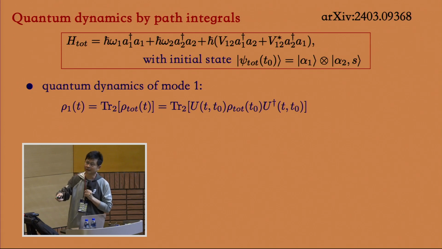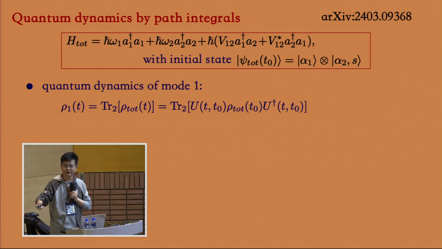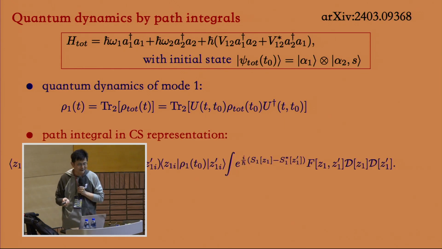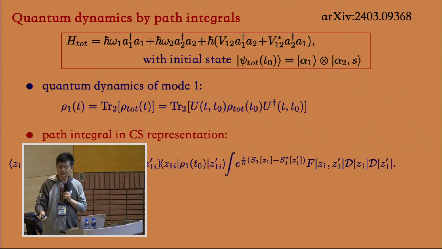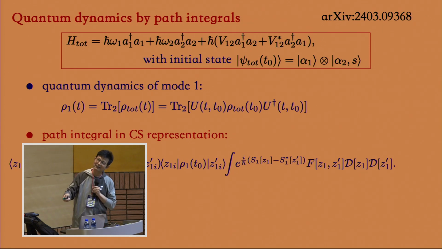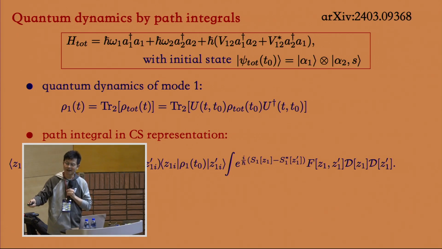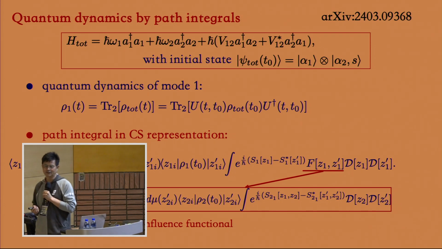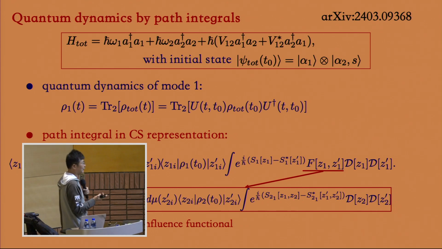For one mode, for example mode 1, the density matrix is given by this evolution operator, right? It's clear. And then use the path integral. It is a little bit complicated, but the picture is still clear. So the evolution for mode 1 is determined by S1, the action of mode 1, plus a very complicated function f here. The f is actually called the influence function, initially introduced by Feynman and Vernon. Now in the literature, it's called the Feynman-Vernon influence functional. Okay, so those are the detailed derivations, and you need to just